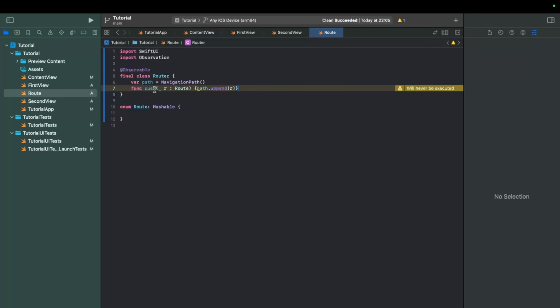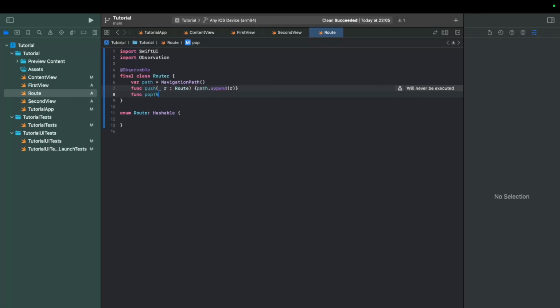So this push method is basically when we want to navigate to another view, we will use navigation stack, right? So navigation stack is like a stack, first in, last out. So we will put our home view, content view for this specific example, as a root, as a first element in the stack. Then every time we do push, we append another view on the stack. And then we can pop the view to go back to the previous view, or we can pop the root. We don't have to write pop function, so I'm not going to write it,